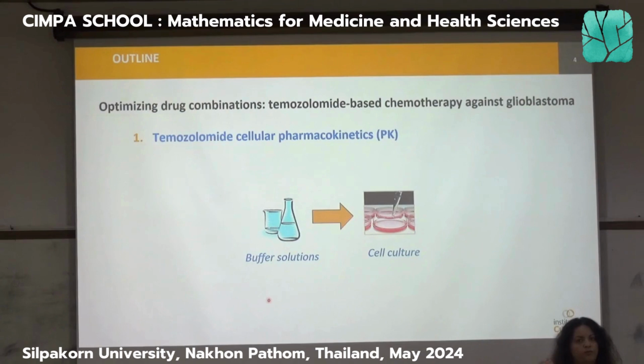What is a buffer solution? It is a solution that has a constant pH. Okay? Whatever you do with the solution, the pH will remain the same. So I'm familiar with pH. So pH is whether a solution is basic or acid. It goes from 0 to 14, maybe over this.